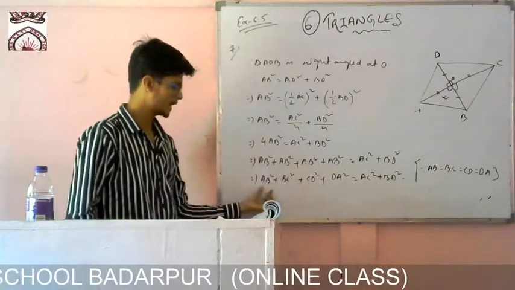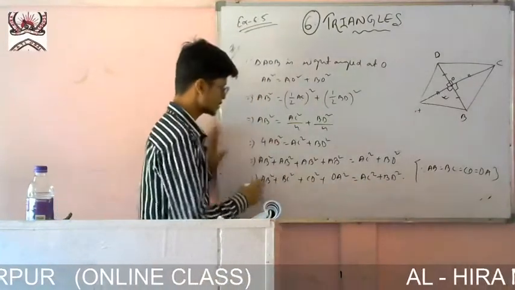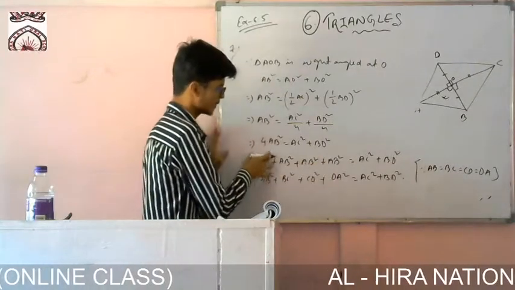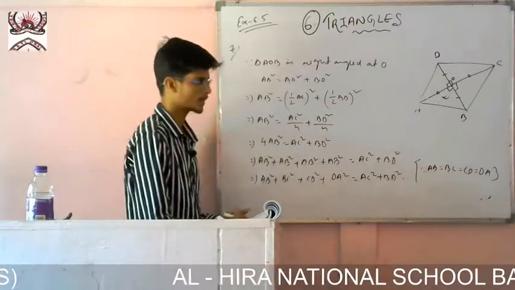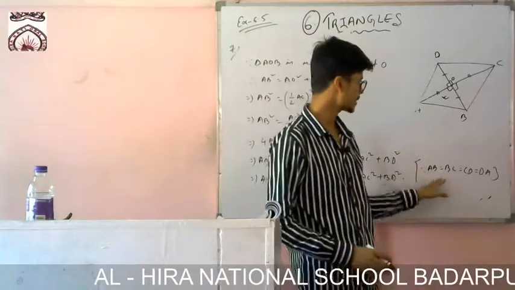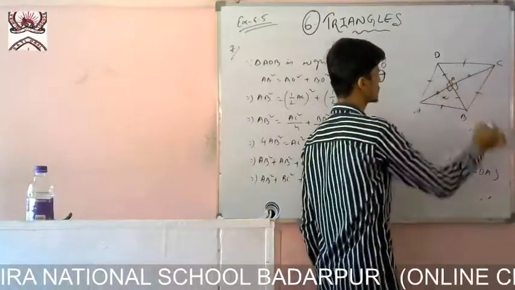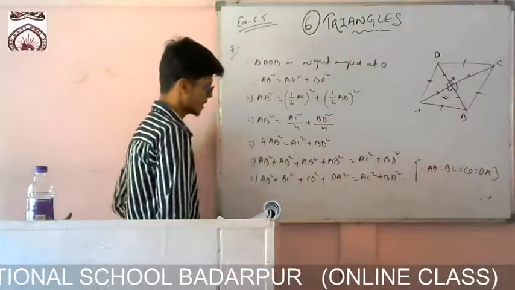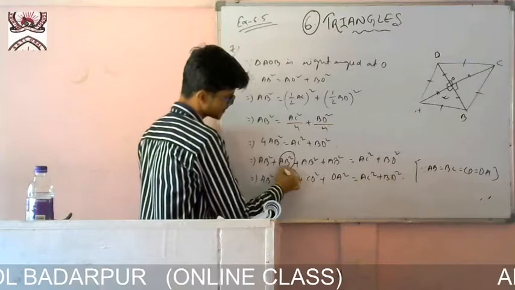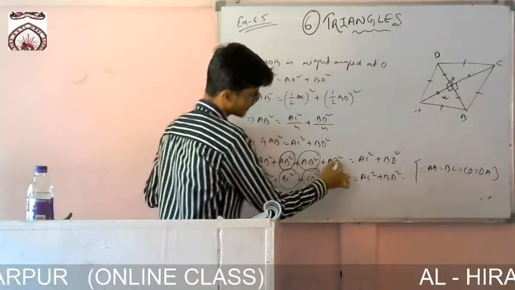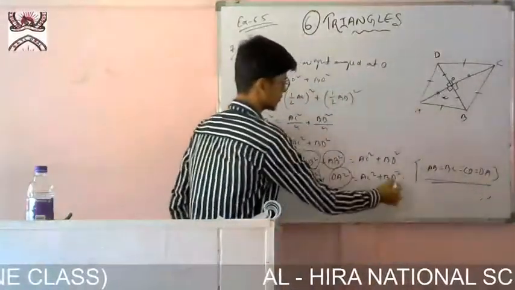Finished. All the side squares I have got are equal to the hypotenuse square. You see all the ABs are here. Okay, 4 times AB came, so AB square plus AB square plus AB square plus AB square means 4 times AB square. Since it is a rhombus, all the sides are equal. So in place of AB, I have written BC, CD, and DA, because all of them are equal. So this is the last line.